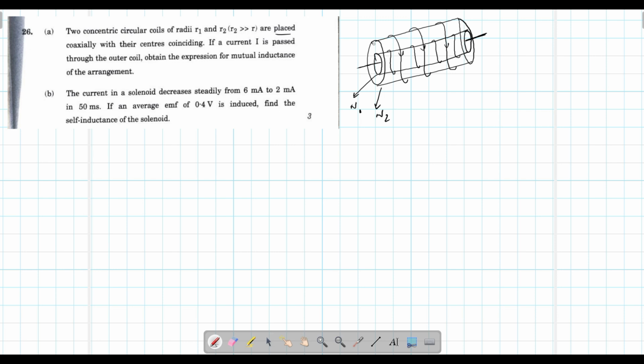So the radii are R2 and R1. I amount of current flows through the outer loop. When current I flows through the outer loop, then the magnetic field